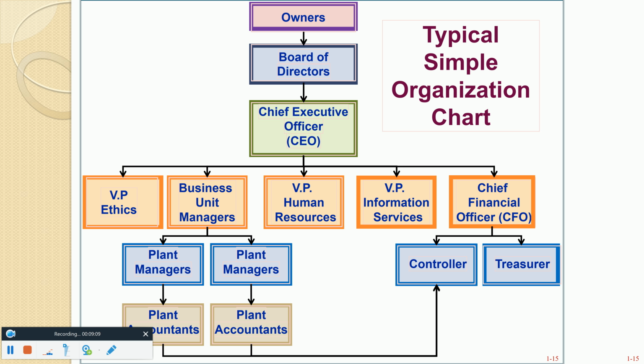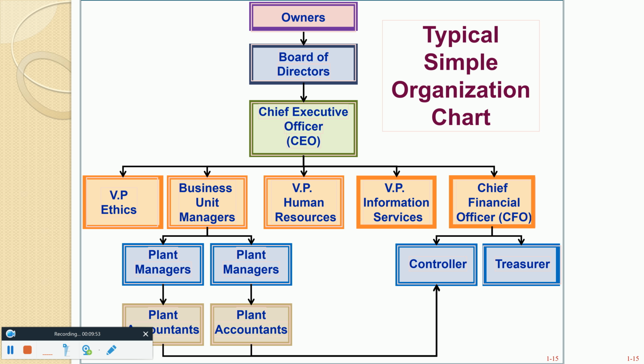Every organization obviously needs to be organized. And what you see here, and you've seen examples of this, you probably work in a place that has some sort of org chart that looks fairly similar. Whenever we're dealing with a corporation, the owners or the shareholders, they're in charge. They're the owners. And what the owners do is they vote for the board of directors. The board of directors, that would be the chairman, the president, the vice president, the treasurer, etc., they set general policy of the organization. They don't run the day-to-day operations, but they set policy.